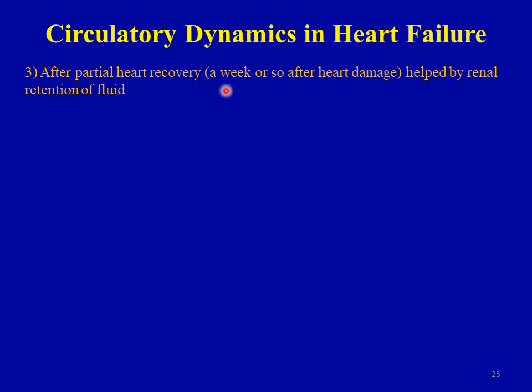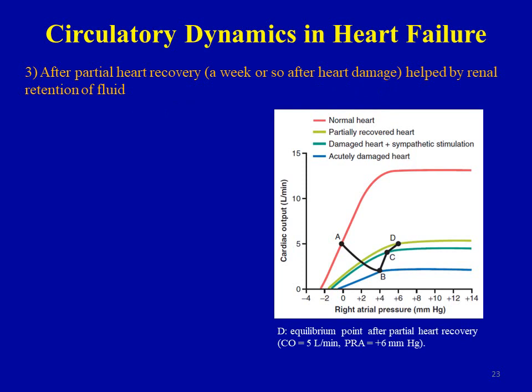So a week or so after the heart damage, helped by the renal retention of the fluid, we will reach another equilibrium point, which is equilibrium point D, where the cardiac output now is 5 liters per minute, and the pressure in the right atrium is 6 millimeter mercury. The main target of the compensatory mechanism, both sympathetic and renal, is to bring the cardiac output back to 5 liters per minute, because this will stop the renal compensatory mechanism from being harmful,